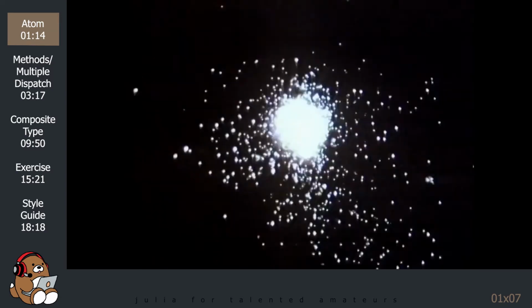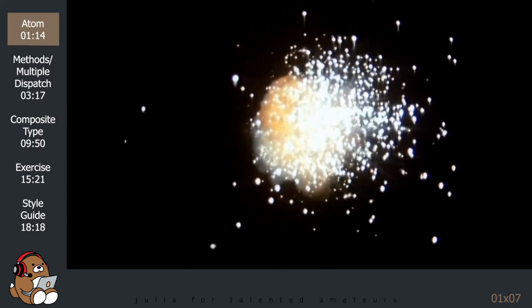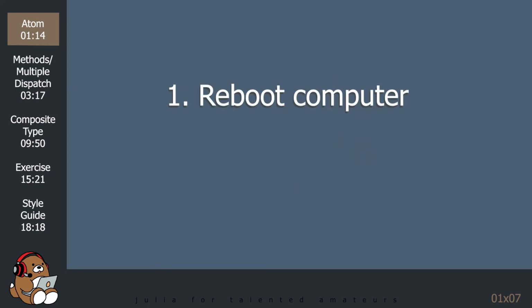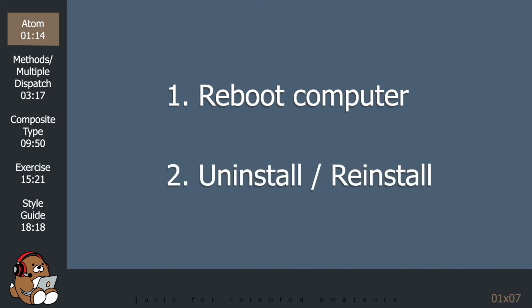Before you do anything else, try the standard approach from the IT guys. 1. Reboot your computer. Did that fix your issue? If not, go to step 2. 2. Uninstall Julia and Atom, and reinstall Julia, Atom, and Juno. The instructions for how to install Julia, Atom, and Juno are provided in tutorial number 1. Did that fix your issue? If not, go to step 3.